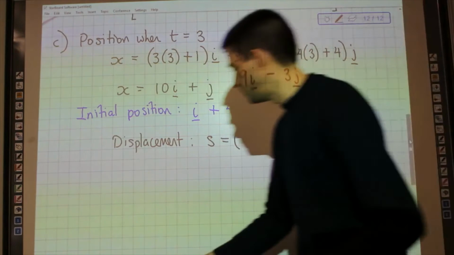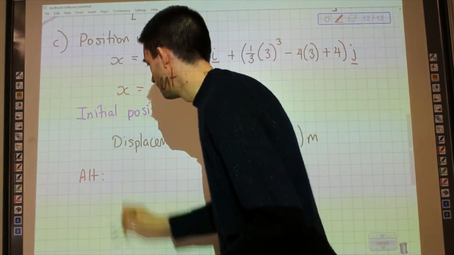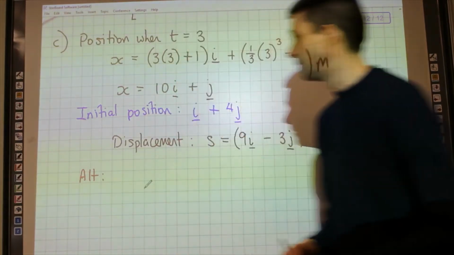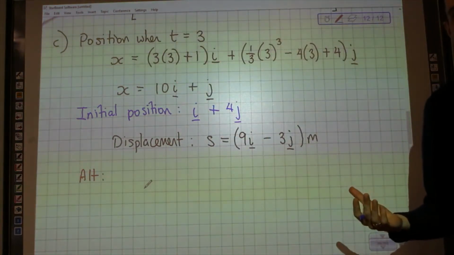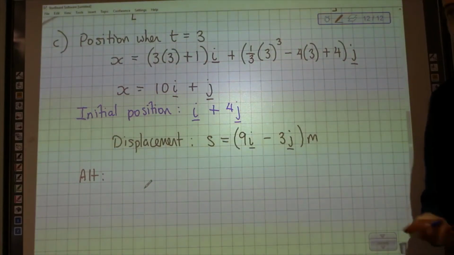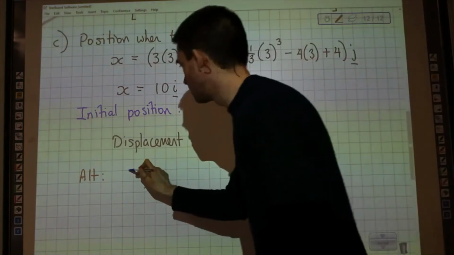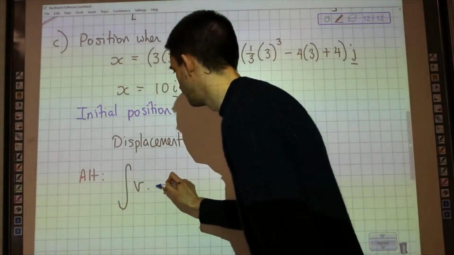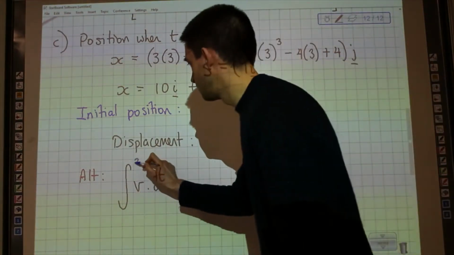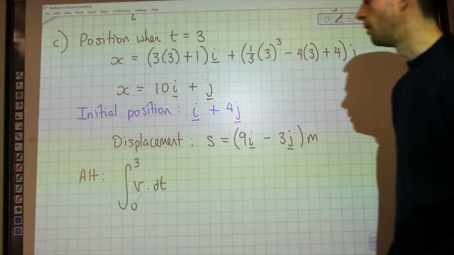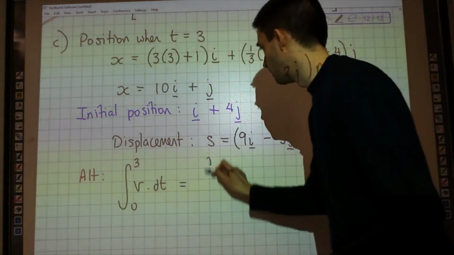The alternative to that is you can work out displacement by doing definite integration. So you'll remember that we integrated velocity to find out displacement. You could integrate the velocity with respect to t for the first 3 seconds of motion. Now, remembering that our velocity vector